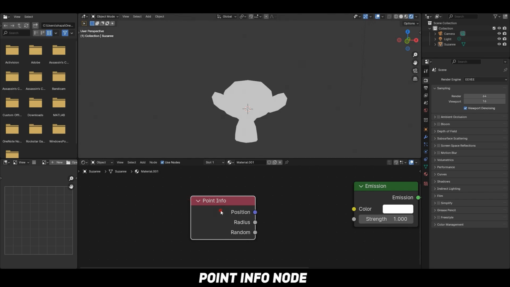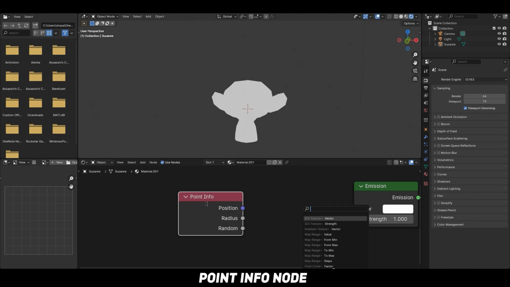The Point Info node provides information about individual points in a geometry, such as their position, color, and index. This data is useful for creating effects that depend on the characteristics of each point, such as custom shading or